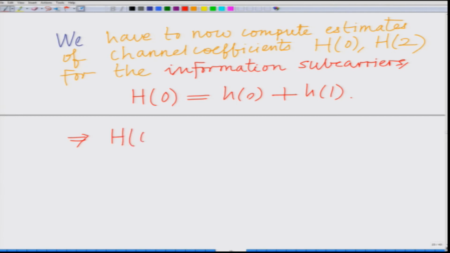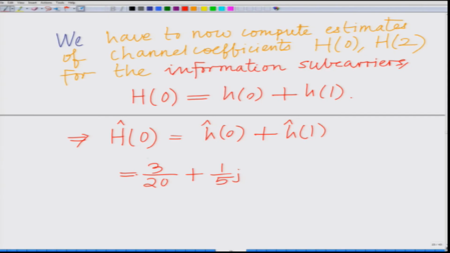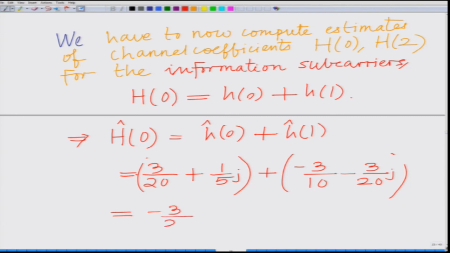So, this implies H hat 0 equals small h hat 0 plus small h hat 1, which is equal to 3 by 20 plus 1 by 5 j plus minus 3 by 10 minus 3 by 20 j, equals minus 3 by 20